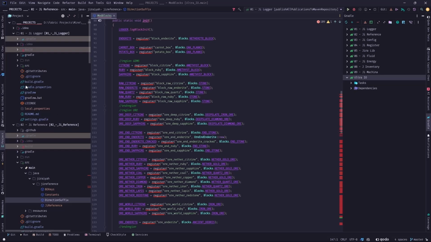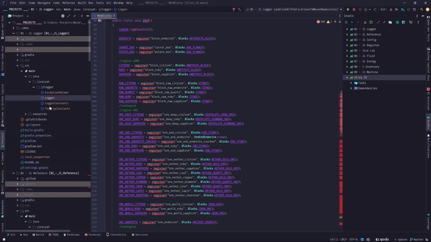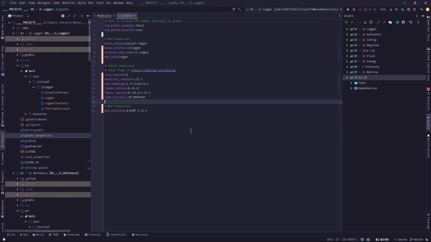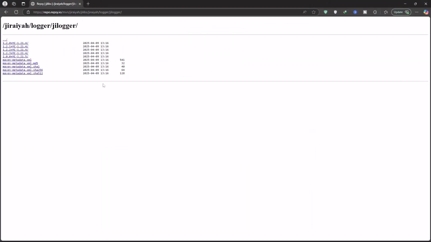Now, here is the thing. My logger starts with logger. And I thought, okay, what if I want to start with J and I? I already published this version and I don't want to tweak the versioning. If you ever encountered something like that, especially if your library is not being used by others, you can come back to your Maven,